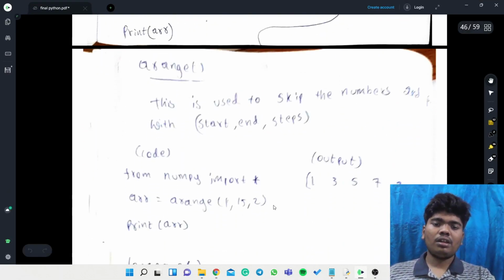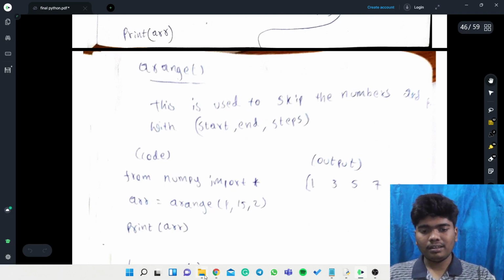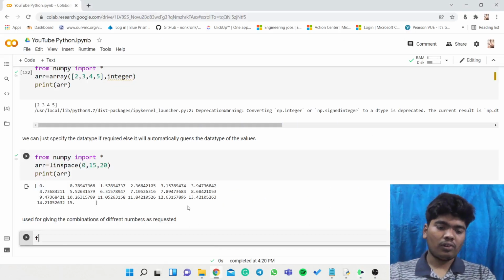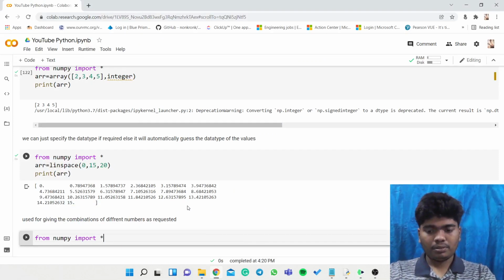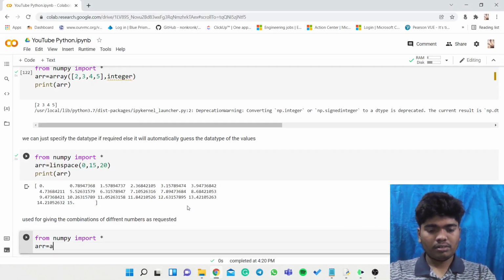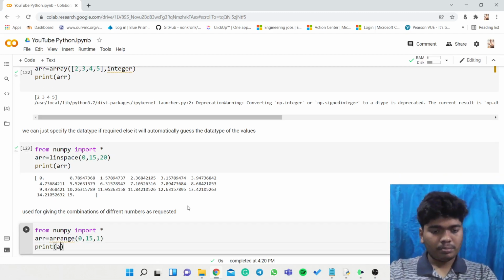So now let us see arange. Arange is almost equal to the for loop. Here we are giving this incrementing thing. From NumPy import star, arr is equal to arange 0 comma 15 with 1 increment each. Print arr.